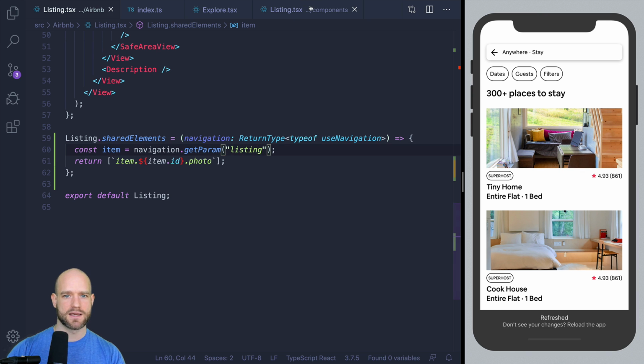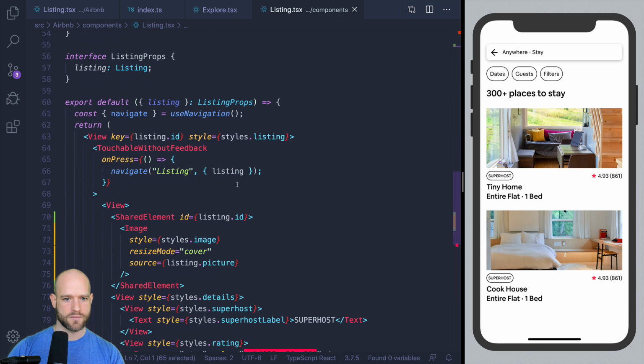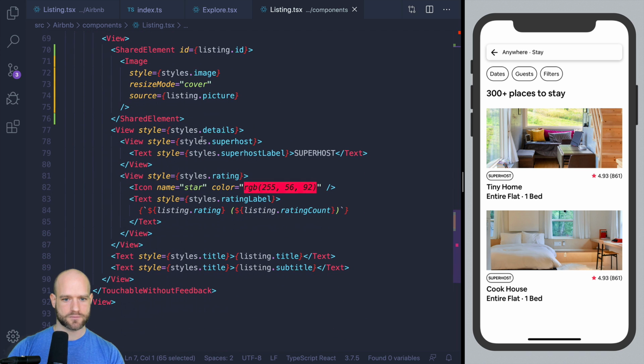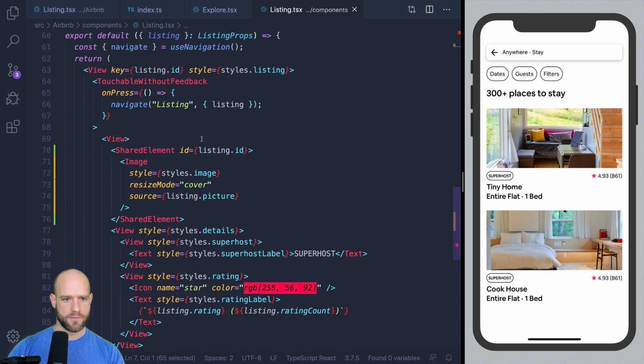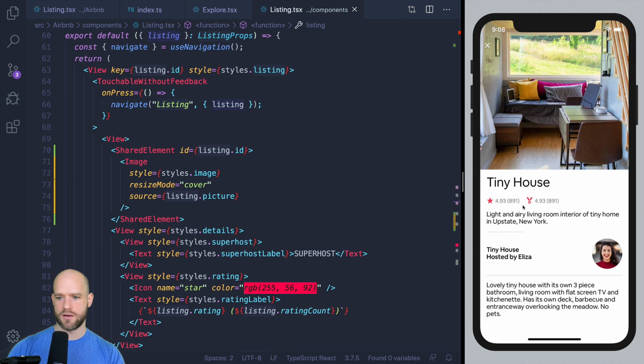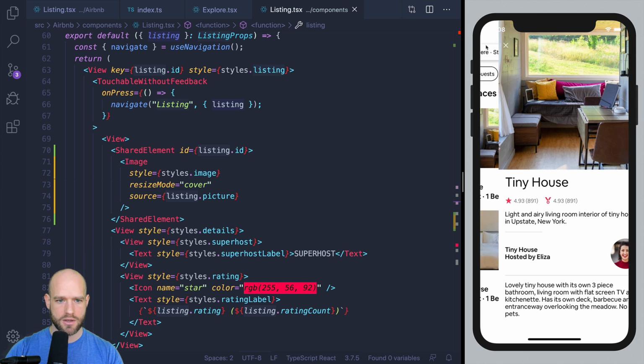So when I click on the listing, I pass as parameter the listing detail, so I know what to display as information and which image we need to show.